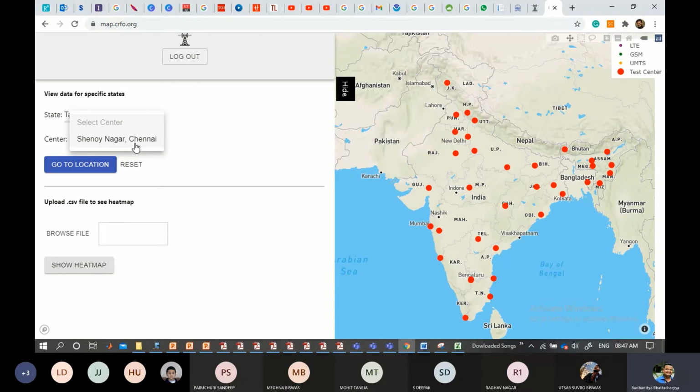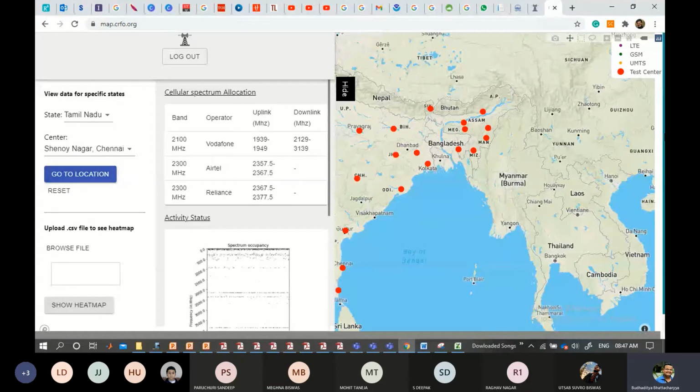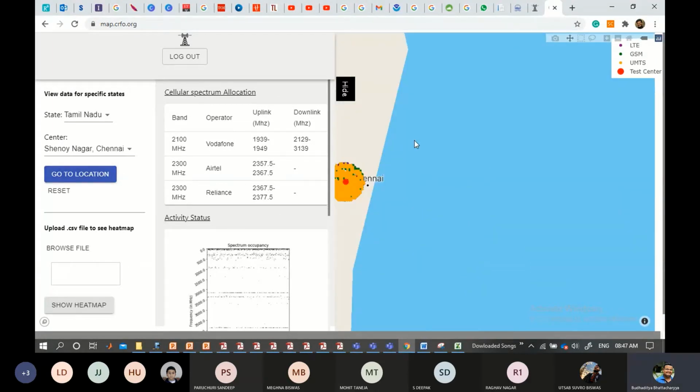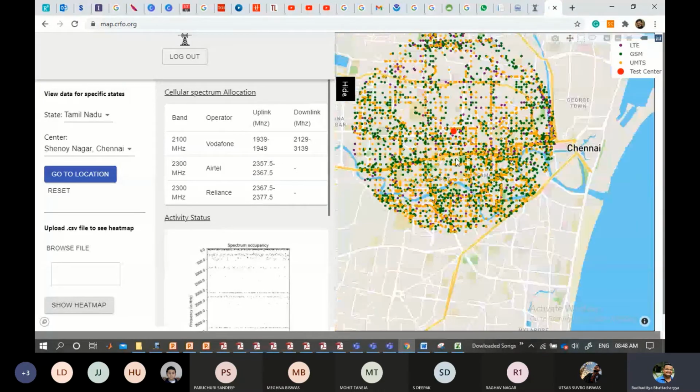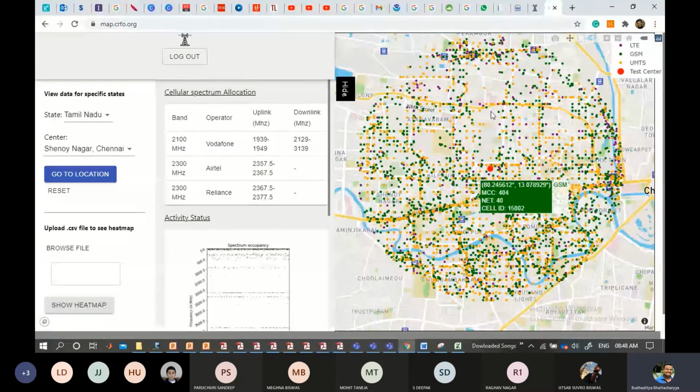Unfortunately, I'm not residing in Chennai, but I can select this Chennai. Similarly, you can do it on your own with the state you are in, if it is there, or you can pinpoint a nearby location. If you go to location, you can observe it will take some time, after which it shows a cluster of this nature. Please try this; although it is not directly relevant for us, since we are discussing CRFO, we can look into it.